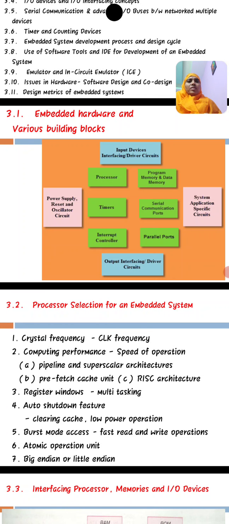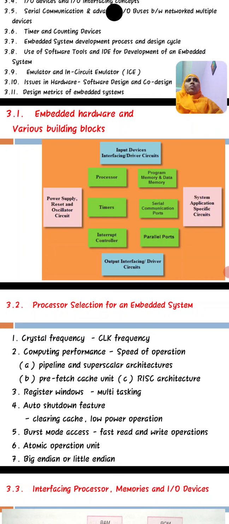We use PROM as EEPROM and flash memory. We know the difference, right? EEPROM is electrically erasable read-only memory, whereas flash memory is like EEPROM, but in EEPROM we can erase a single line, whereas in flash memory we can erase a block of instructions in a clock period. To store instructions we use ROM, and to store data we use RAM.